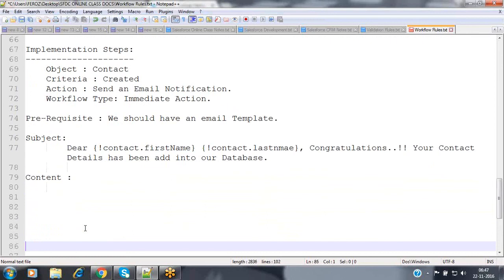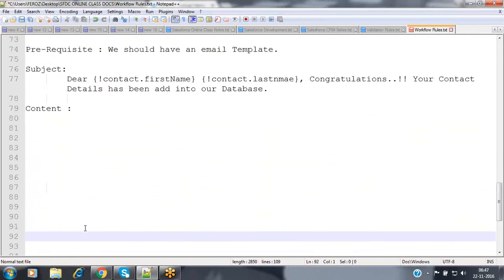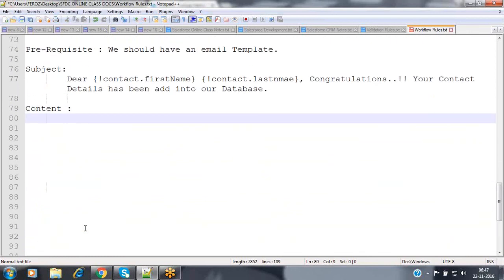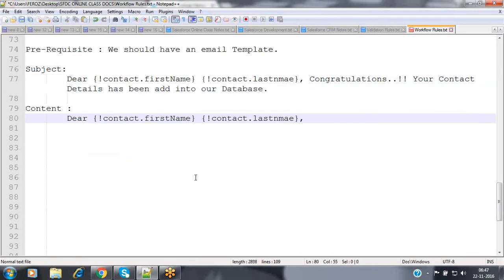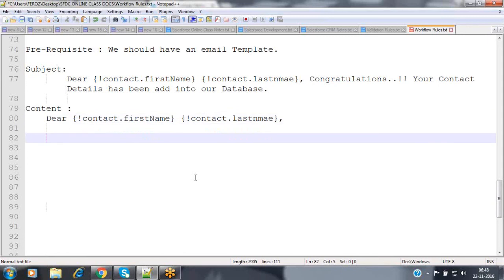And the next one, the content. So what will be the content that you want to share? Now I'm specifying Dear, the contact person's first name and last name. Instead of specifying Dear customer, I'm specifying Dear, the contact person's first name and last name.